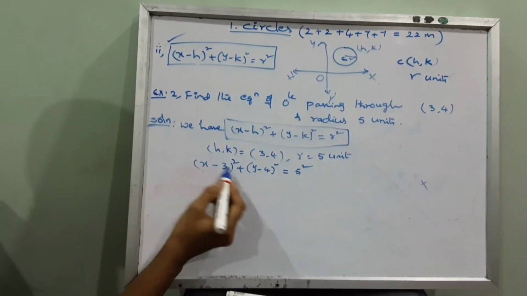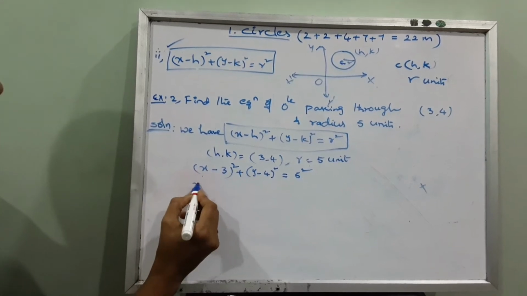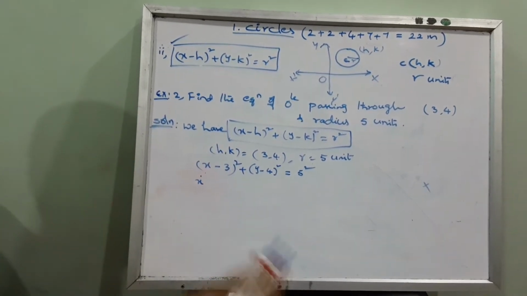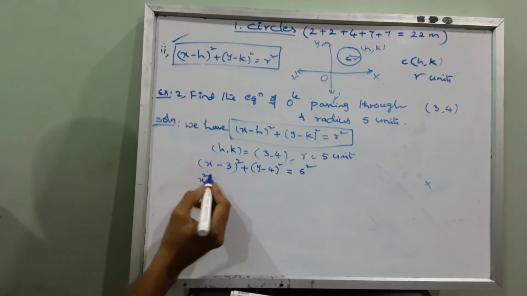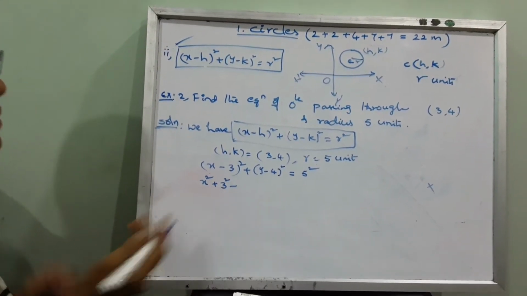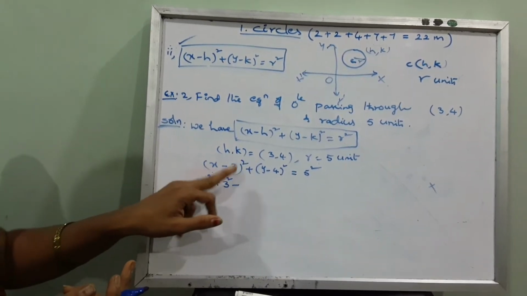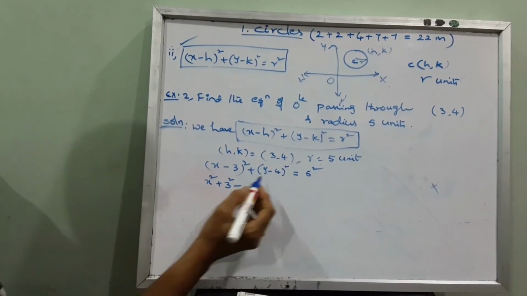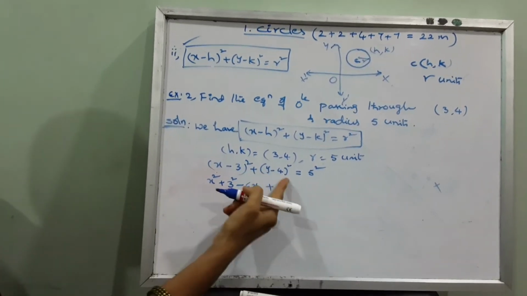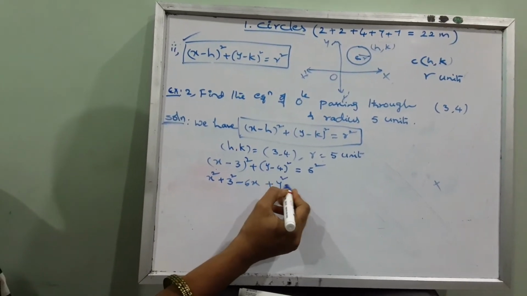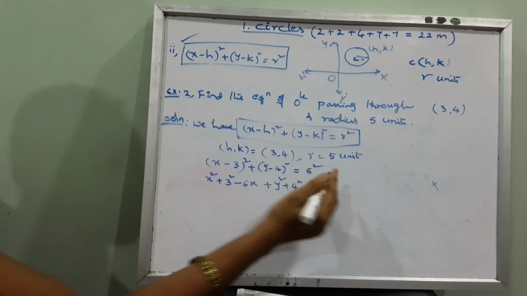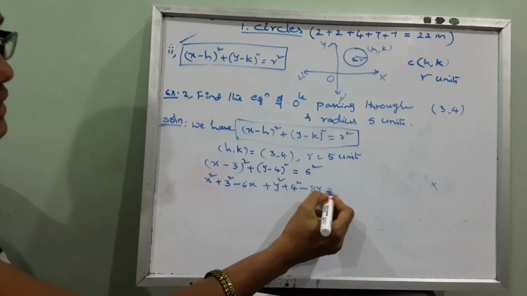Now expand this in the form of (a minus b) whole square. What is the (a minus b) whole square formula? a square minus 2ab plus b square. So x square plus 3 square minus 2 into x into 3, which is 6x, plus again expanding this, y square plus 4 square minus 2 into 4, which is 8y, is equal